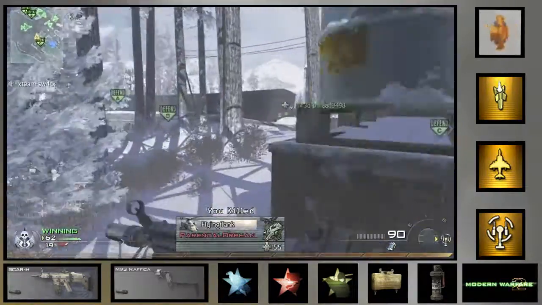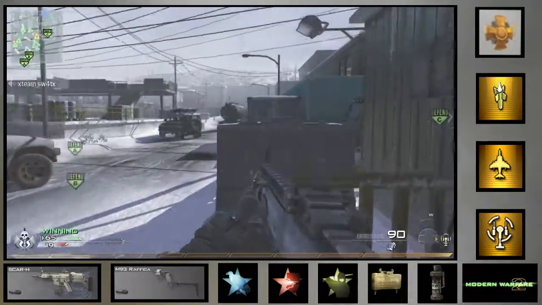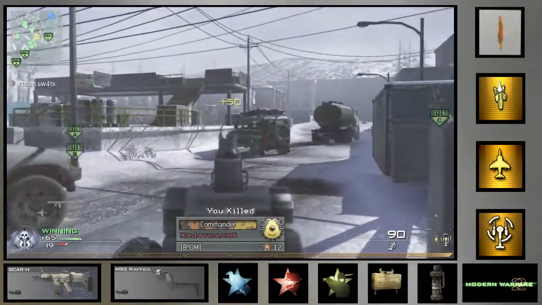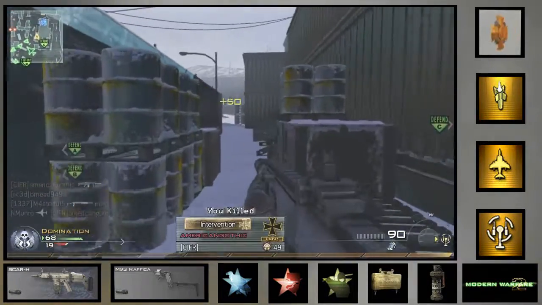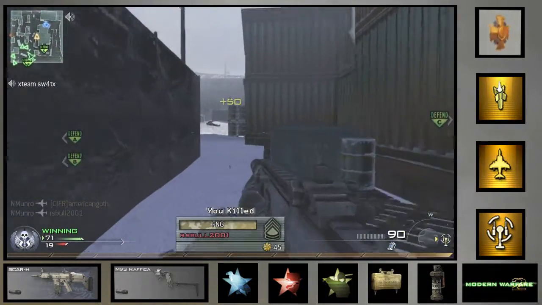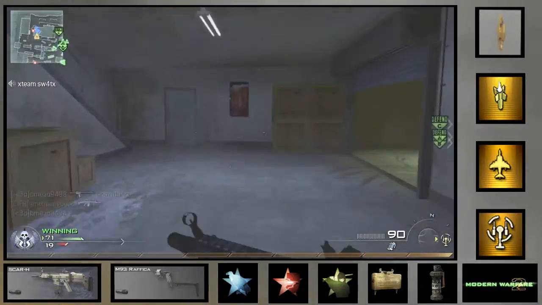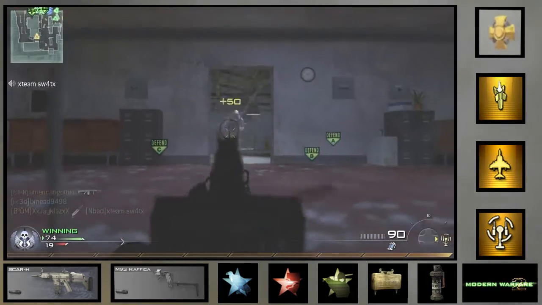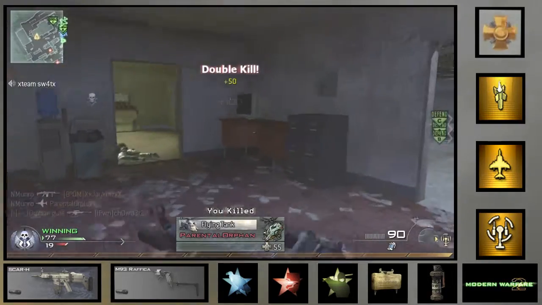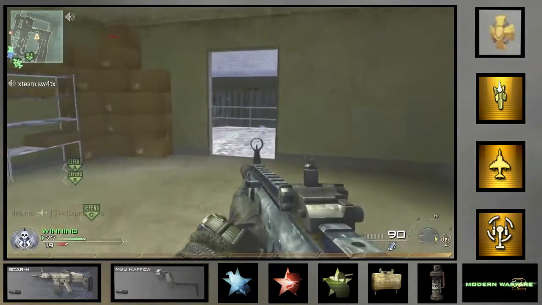So if you want to use the Scar, or basically if you want to play this map, you have to know which areas are less traveled, which areas are more traveled. Basically what you want to do is go to the open, less traveled areas, and find spots where you can see transition areas and camp spots and spawn points, and you can shoot people from areas that